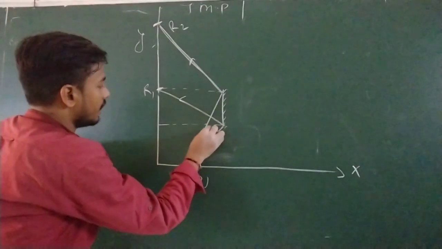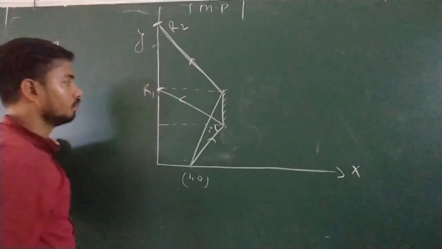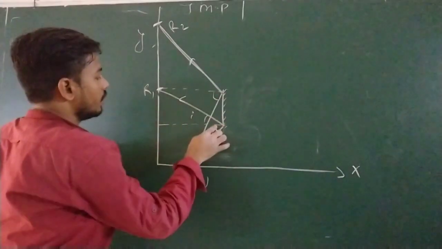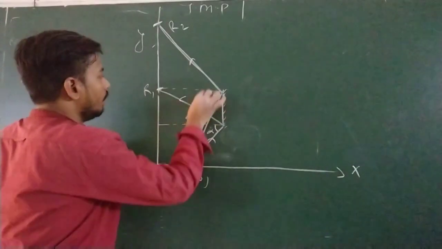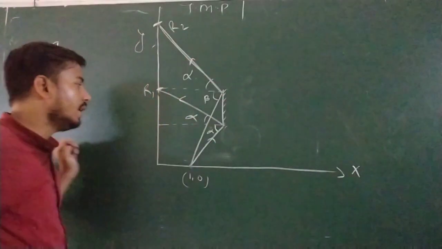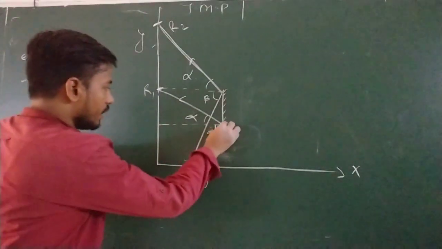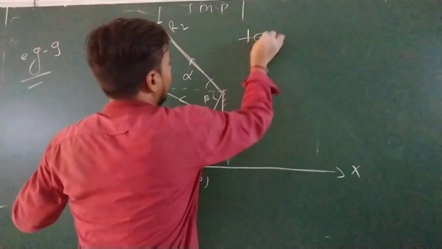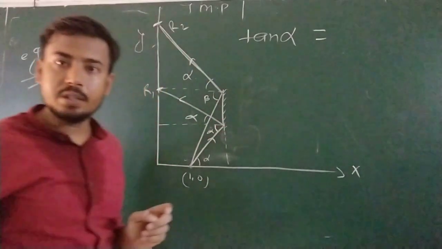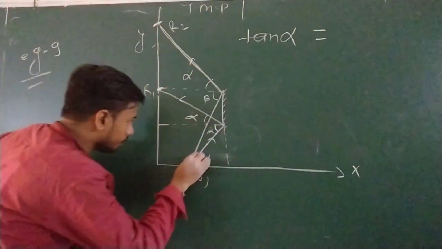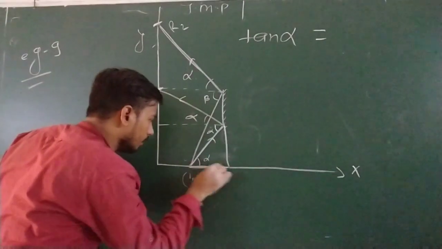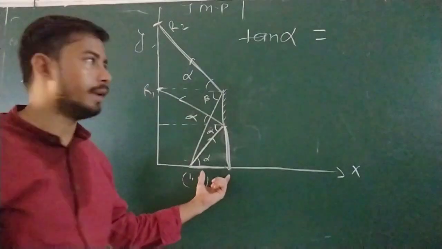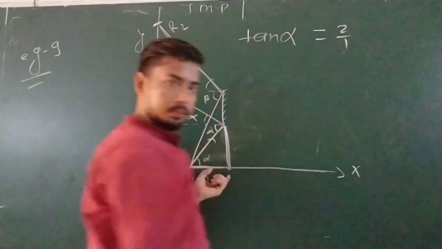Okay, so we can calculate. See, this angle is i. So this angle is also i. This angle, suppose we assume alpha, beta. This is alpha, so this is also alpha. This is beta, so this is also beta. So if you find this value, this is alpha, so this is also alpha. So what can we write? Tan alpha in this triangle. What is this height? 2. And what is this distance? 1. So this becomes 2 by 1.